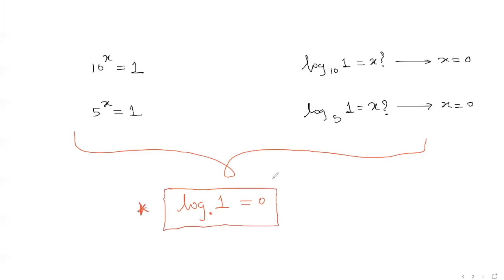And let's go to the next example now. Let's say I write log of 0 to the base 10. And let's say the answer is x. How do we find the x value? Right? 10 to the power x is equal to 0. We are essentially asking a question: what do I raise 10 to so that I get 0? Okay. And I'm sure you all know that no matter what number you raise 10 to, you will never get 0. So this x does not exist. X is equal to DNE for does not exist.